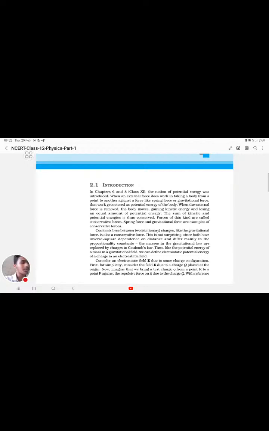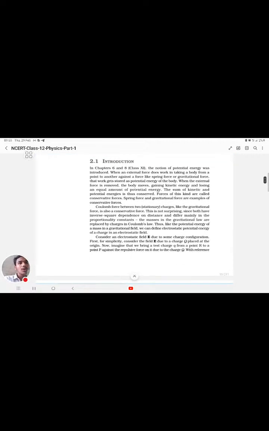So first things first, in the first paragraph itself, they are saying what a conservative force is. For a conservative force, the mechanical energy is always conserved. That is, the sum of potential energy and kinetic energy is always conserved, and for such types of fields only we will have potential energies. Potential energy is the work that we are doing against, let's say, a force acting in that particular region, in which this work is getting stored as potential energy, and as soon as the force is removed, the body will move, gaining a certain amount of kinetic energy. Okay, so why are we talking about this?